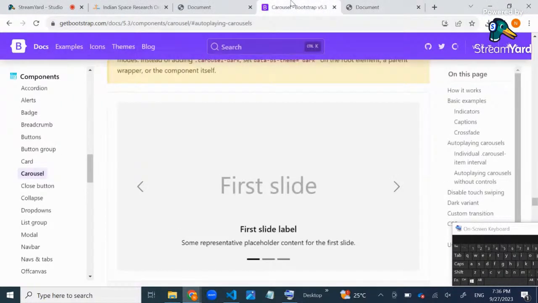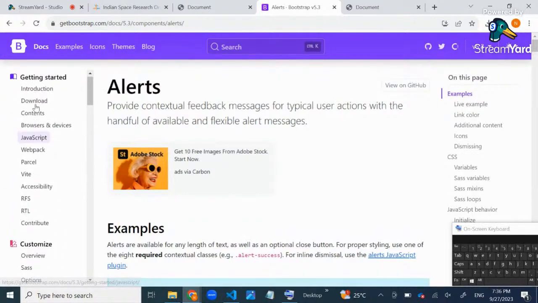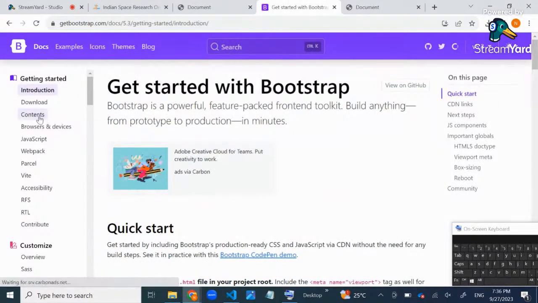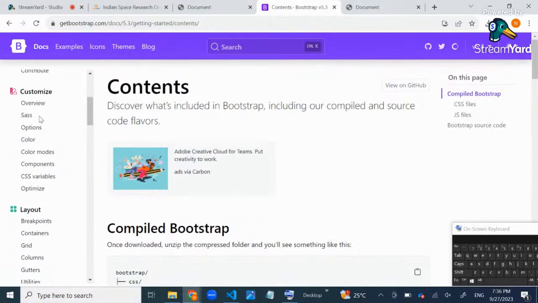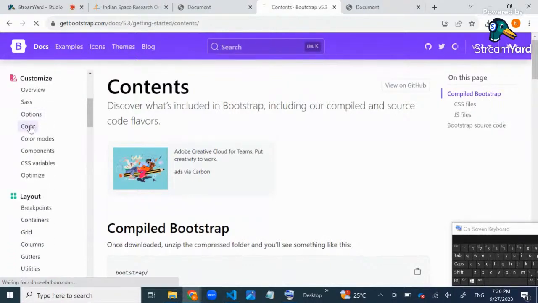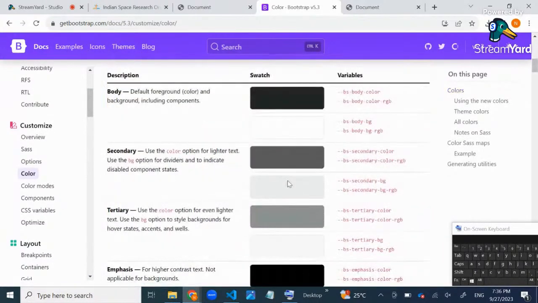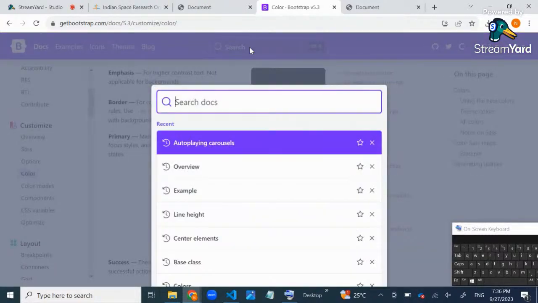Come here. It is not only the carousel, you can copy anything. So I will go to the docs and search for contents. Customize. See here, if I go to color, there will be options. What kind of options? If I just type it here,